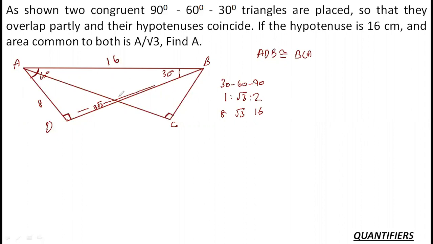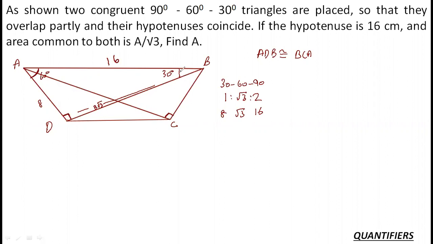Since these two are congruent triangles, they are perfectly symmetrical, or I can say this is nothing else but a trapezium only. Now, since it is a trapezium, and these two are parallel lines, and I need to find the area of this, what else do I know? I need to find these lengths in order to find the area, basically.